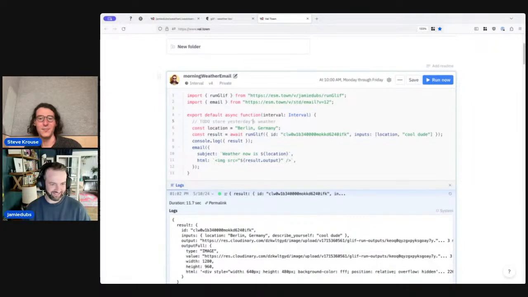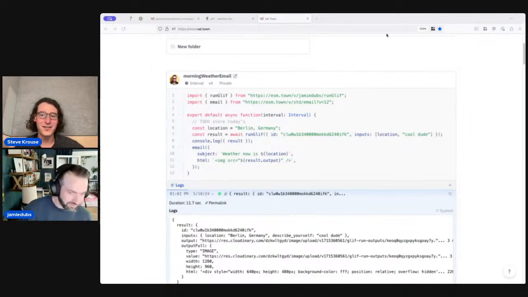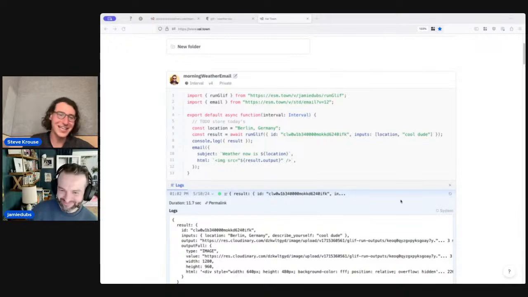But anyways, I think it's a great time to wrap up. Just over an hour of goofing off, Vals and Glyph, Glyphs and Val, and circular. You know, from Valtown to Glyph and back again. That's right. Just like